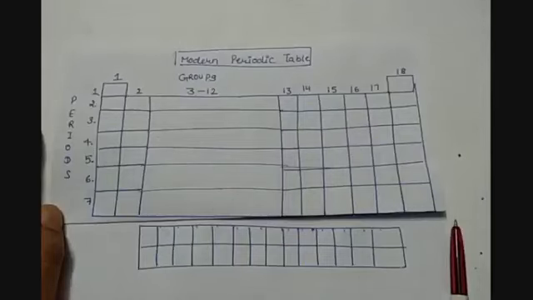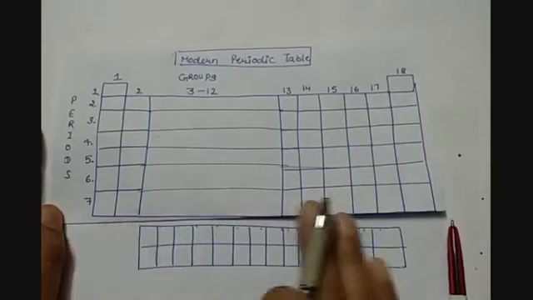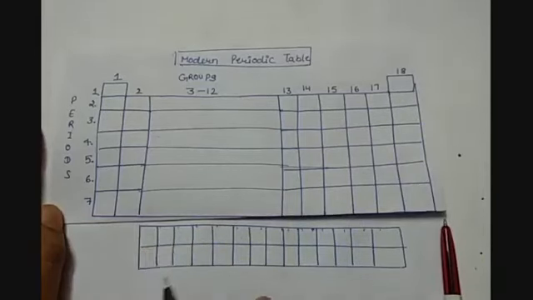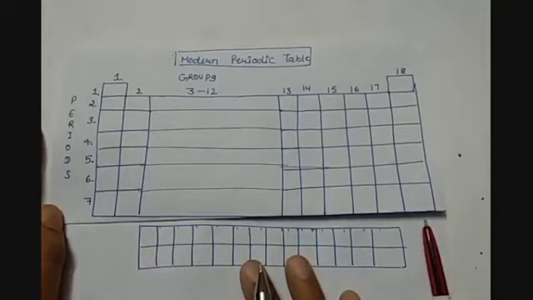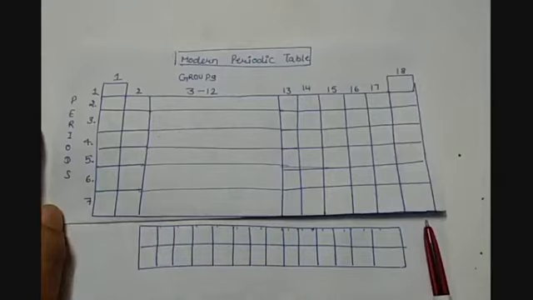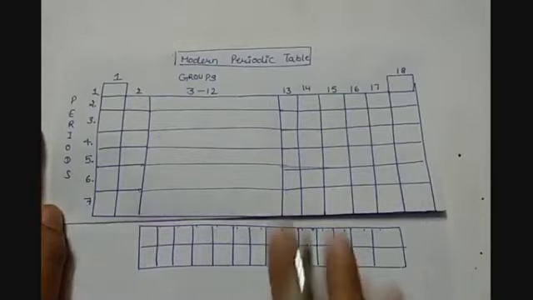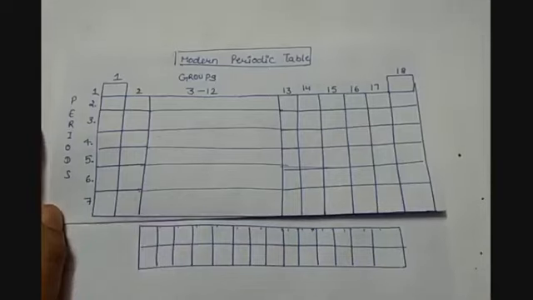Before telling you the characteristics of the modern periodic table, let me show you a rough sketch of the modern periodic table, how it looks and which kind of elements are present. Now here we have a blank sketch of the modern periodic table. First I'll tell you which kind of elements are placed where, then we will study what these particular types of elements are and why they are called so. Then we will fill this blank sketch after knowing all the elements. So let us begin with the rough sketch.